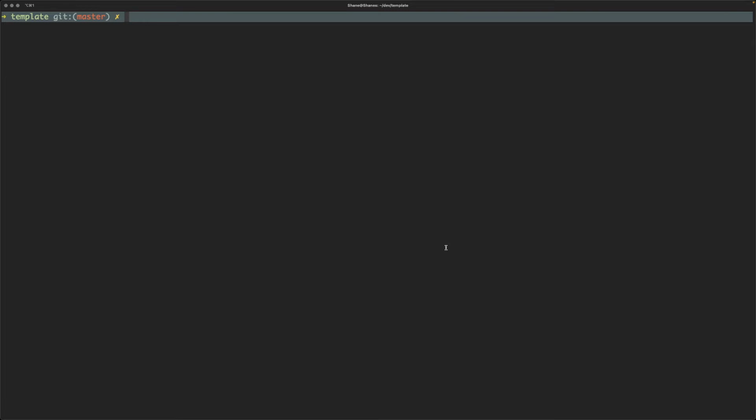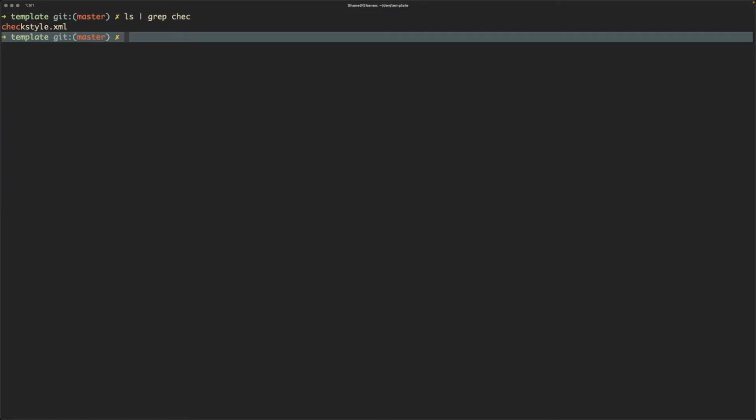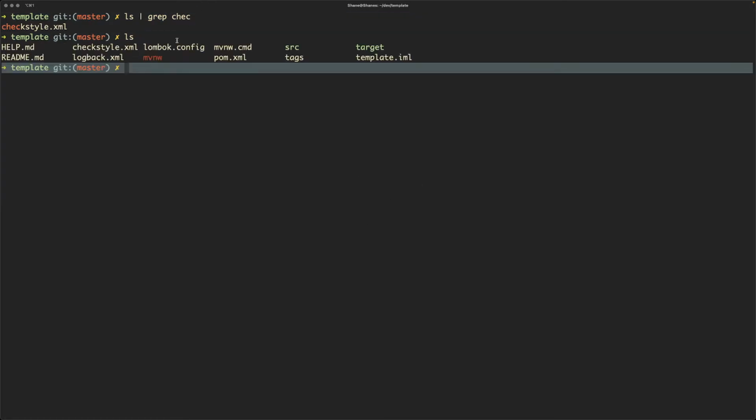So the first thing is you're going to want to get hold of a checkstyle file, whether you write your own or whether you get one from online, and you want to stick it in the root of the project. So in this case, checkstyle is in the same part of the project as the POM file. The next thing you want to do is